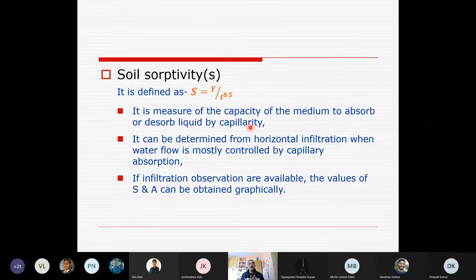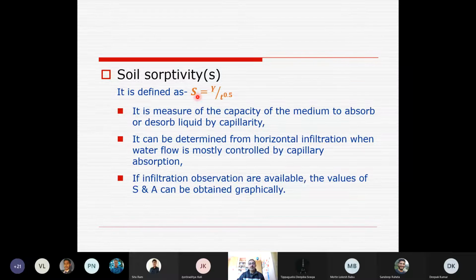But it's a movement in terms of capillary. The moment water reaches, it is not saturated. So water moves through pores and in capillary action as well. Through pores means under the flow of gravity, or force of gravity, as well as capillary action. And that's why they have used